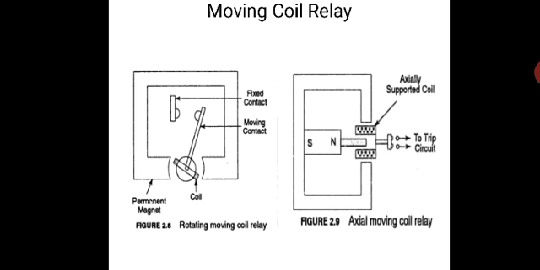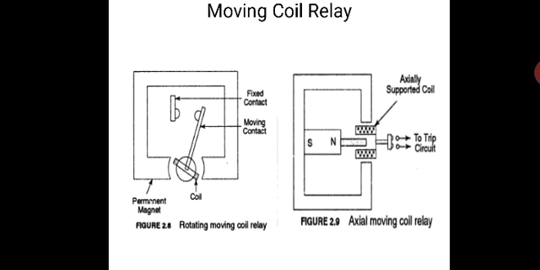Next, moving coil relay. A moving coil relay is the same as the rotating moving coil relay and the axial moving coil relay. Here the coil is connected with the moving contact, the other is a fixed contact, and this is a permanent magnet. When the permanent magnet is attracted to the moving contact, then both contacts, the fixed contact and the moving contact, are closed,